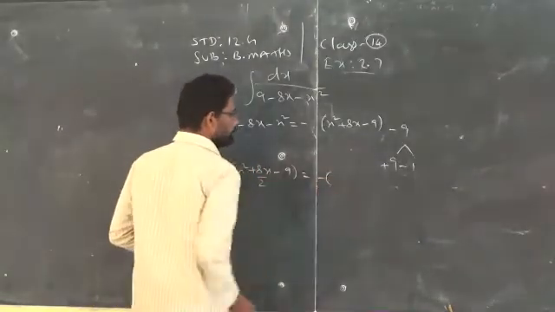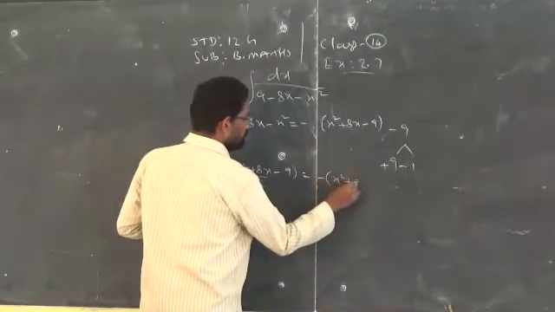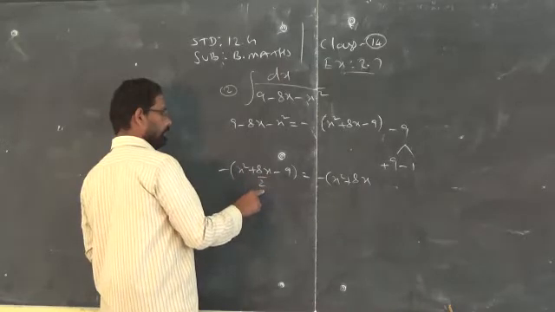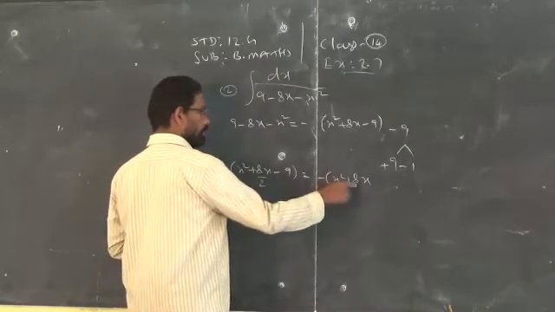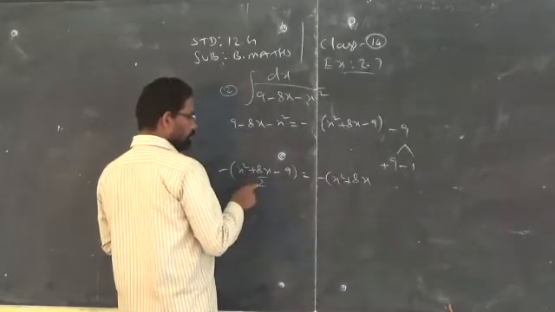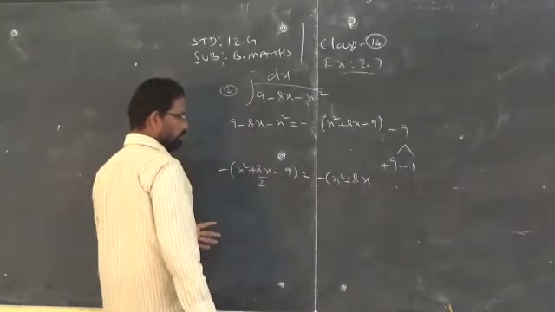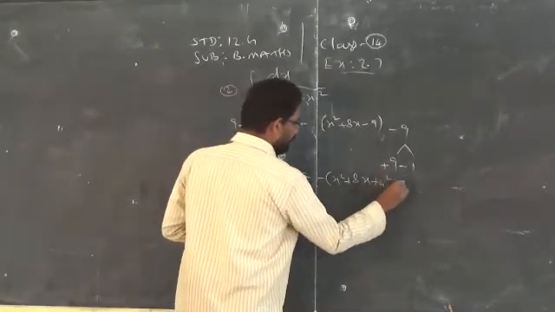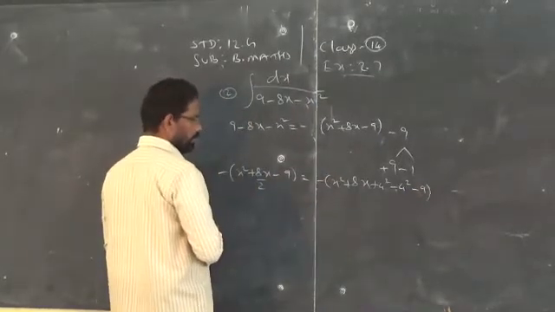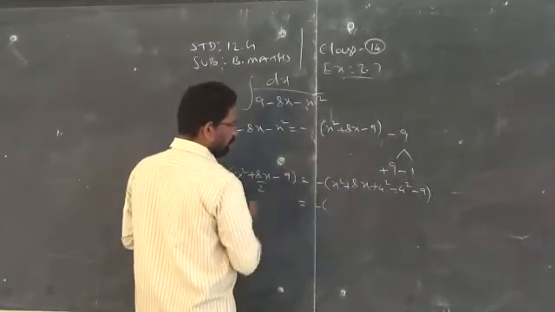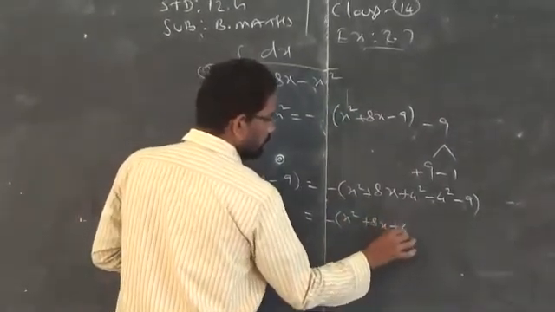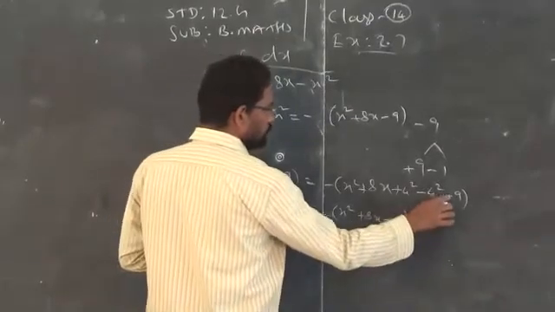So, minus x square plus 8x, this 2 I wrote for your understanding purpose. Clear? So don't divide these two and don't write 4x. Now if you divide, 8 by 2, what will be the answer? 4. 4 square, add and subtract. Add and subtract is equal to minus of x square plus 8x plus 4 square minus 4 square minus 9,